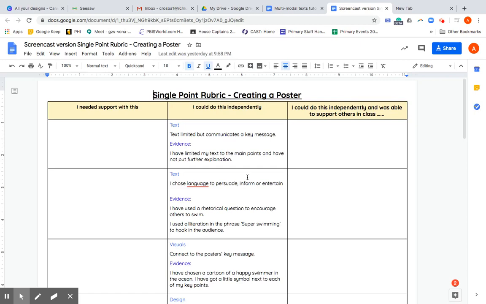Hello Year 5, I'm going to talk you through the process of completing your single point rubric for your multimodal